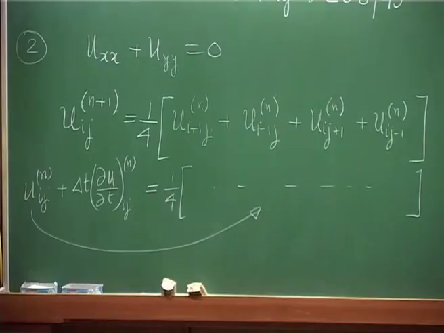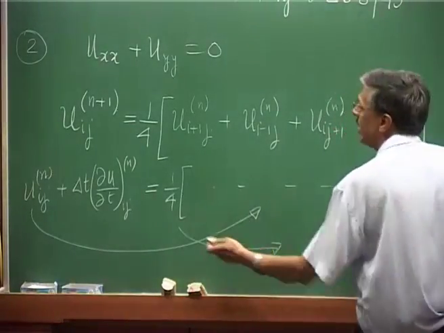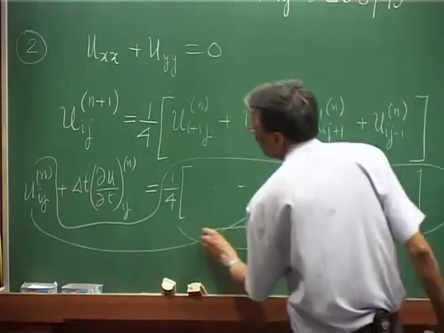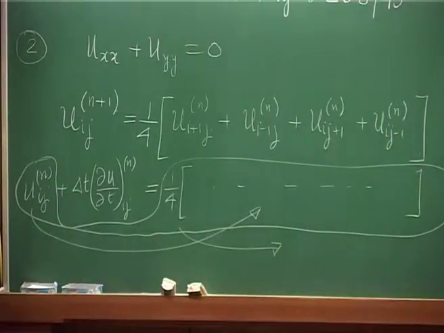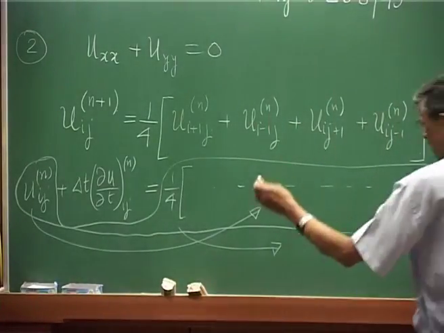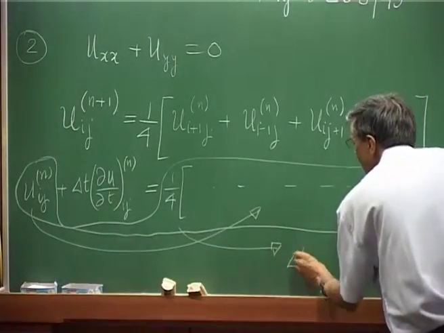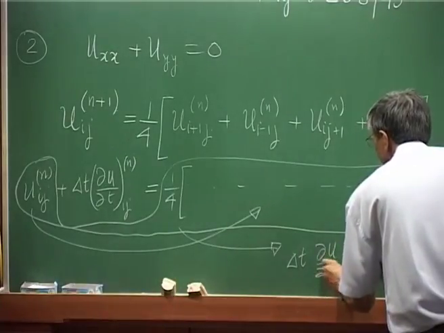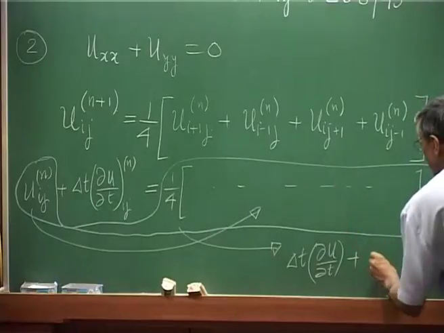So, from here itself you can very clearly see that this equation is nothing but this coupled with this is the Laplacian, right. So, that is on the right hand side or left. So, what I am going to get, that would be delta t